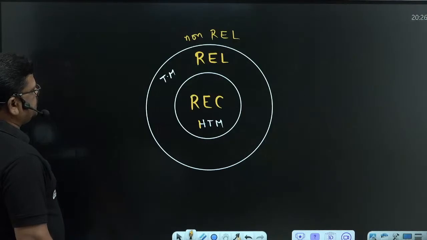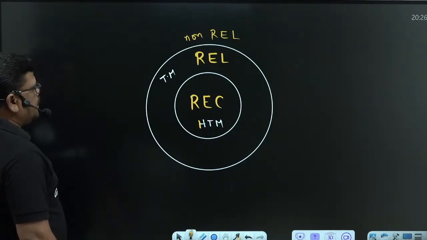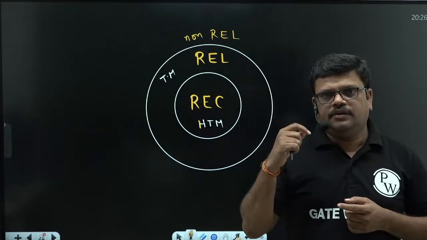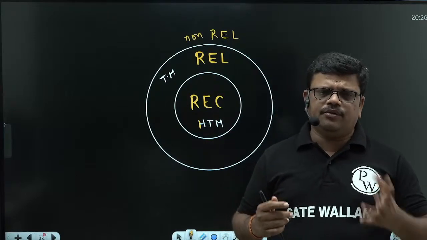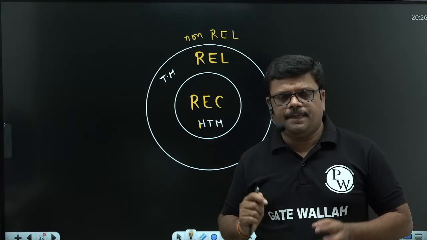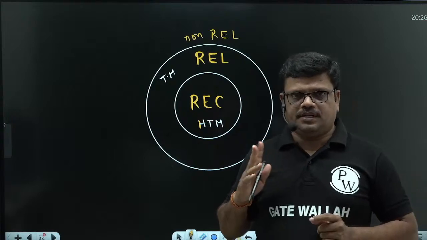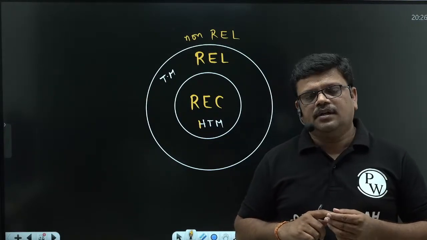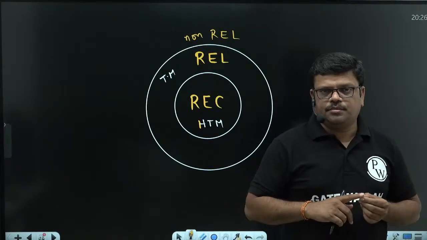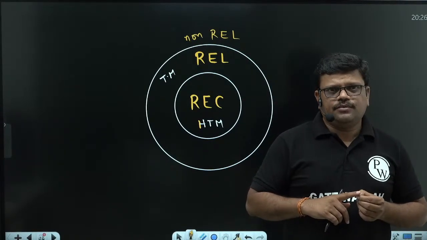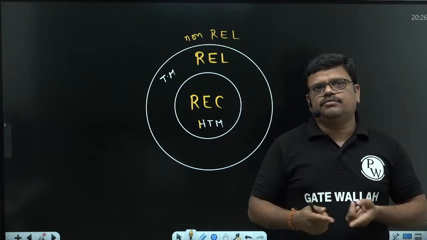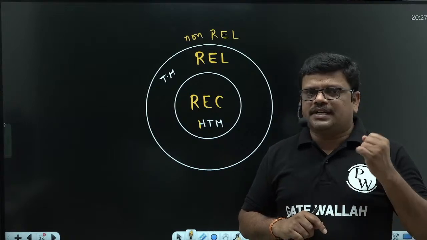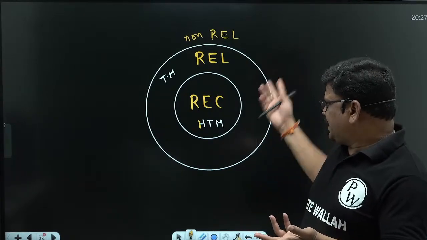What is important here, after this, is closure properties. Whenever we are studying languages, we are studying two things: one is decision, one is closure property. Every year, most of the time, we will get questions from closure properties. Observe last year's paper; last year's paper also had a question from closure properties. The closure properties of not one, but of all the classes of languages, from where we have to study. So what you do is study the closure properties next, for recursive enumerable.